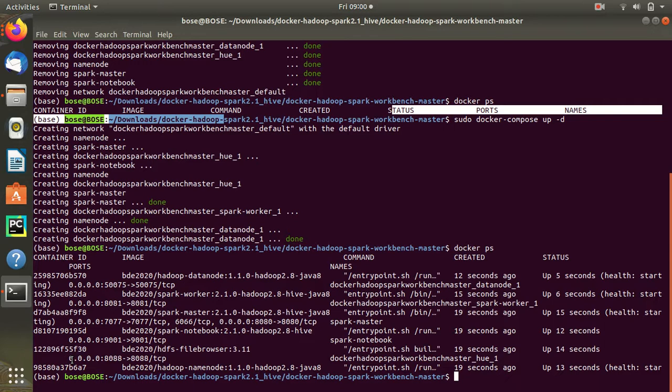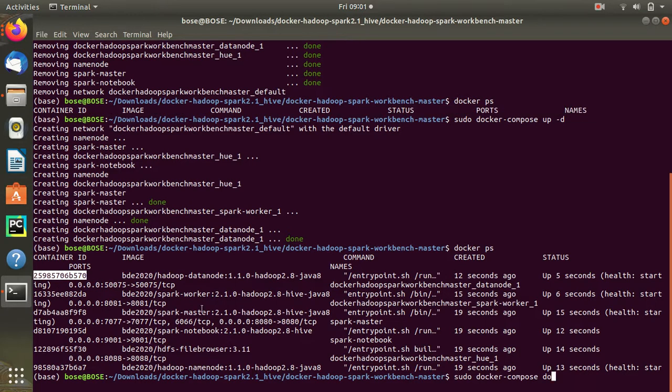Then what do we do? An error message also will pop up on your screen. So in that case, you need to go here, where you have the container ID. You know that only 3 containers have come up and another 3 didn't come up, so my whole network won't work properly as expected. So I will go and basically remove those containers. Now how I will do that, we'll see in just a second.